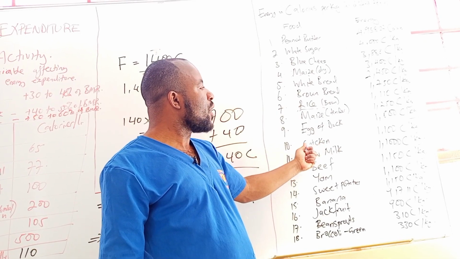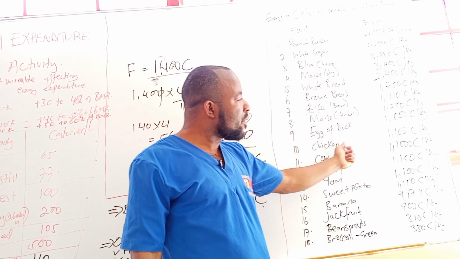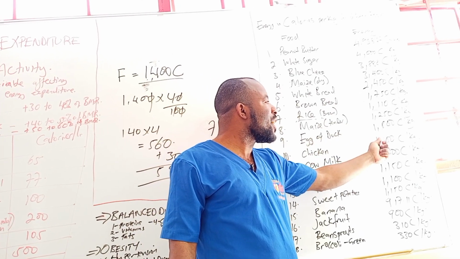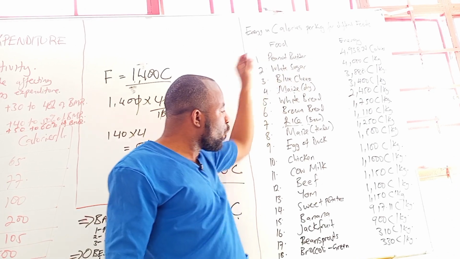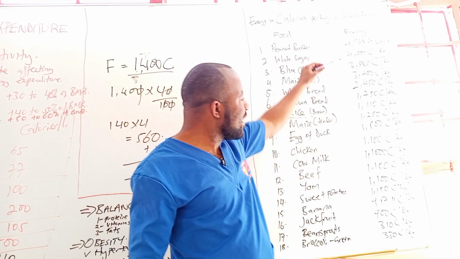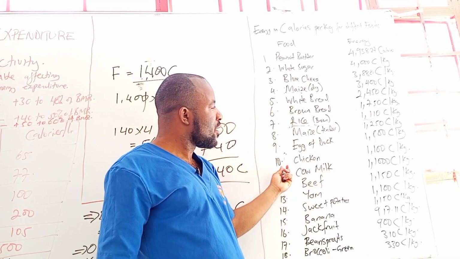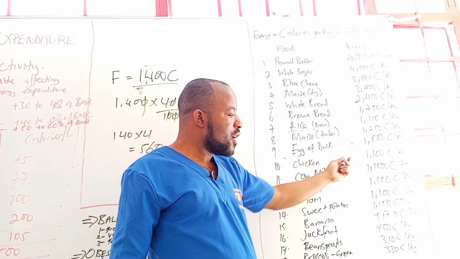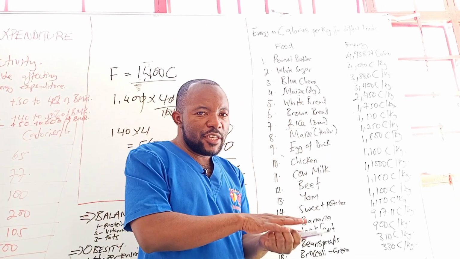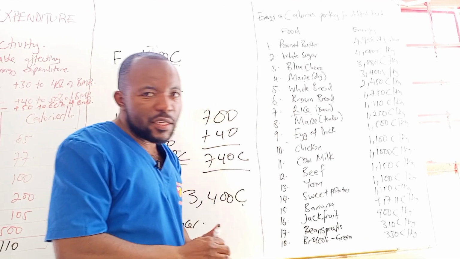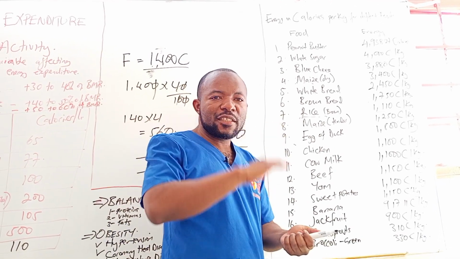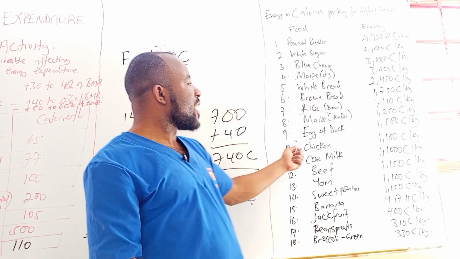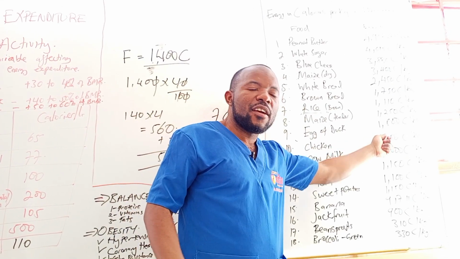Eggs. Let us look now at the proteins. The eggs of a duck, 1 kilogram, will give you 1,800. It is lesser than the maize. So if you do not want to gain weight, eat proteins, eat eggs. Let your meal have eggs instead of eating bread and blue band. Blue band is fat. Eat bread and eggs. The eggs are going to contribute less energy.